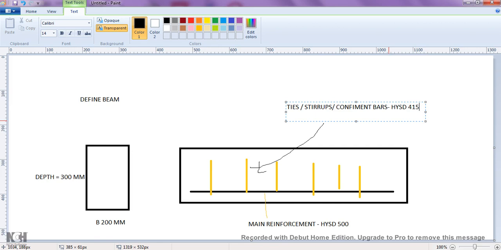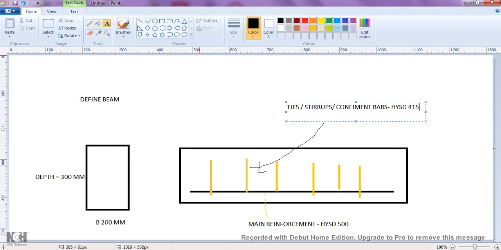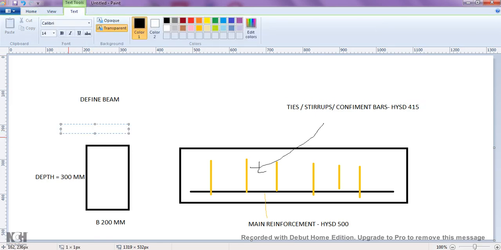So what I need to do is define a beam which is made up of M25 concrete.